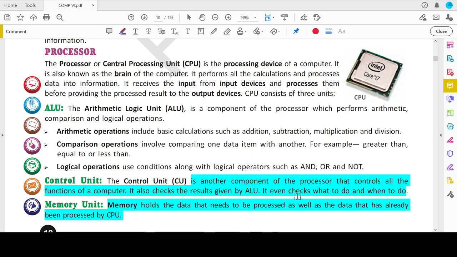Right? If there is some job that is pending, the control unit switches the context from one job to another. It is called switching of context. So there may be many jobs the computer is handling. So it switches from one context to another, from one job to another, based on the queue. The job queue is there. Based on it, it will switch.